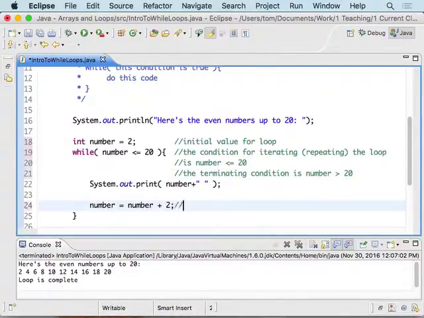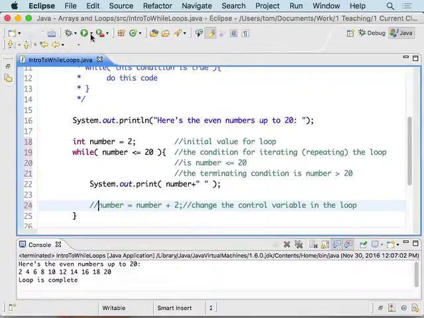Okay? And then one of the things that we want to always have inside of our loop is we want to change the control variable inside of the loop. Okay. So let's look at what happens if we don't do that. Okay. So what we saw is that here's the even numbers up to 20. Loop is complete. If I comment out number equals number plus 2, and I don't have that in there, when I save and run this,